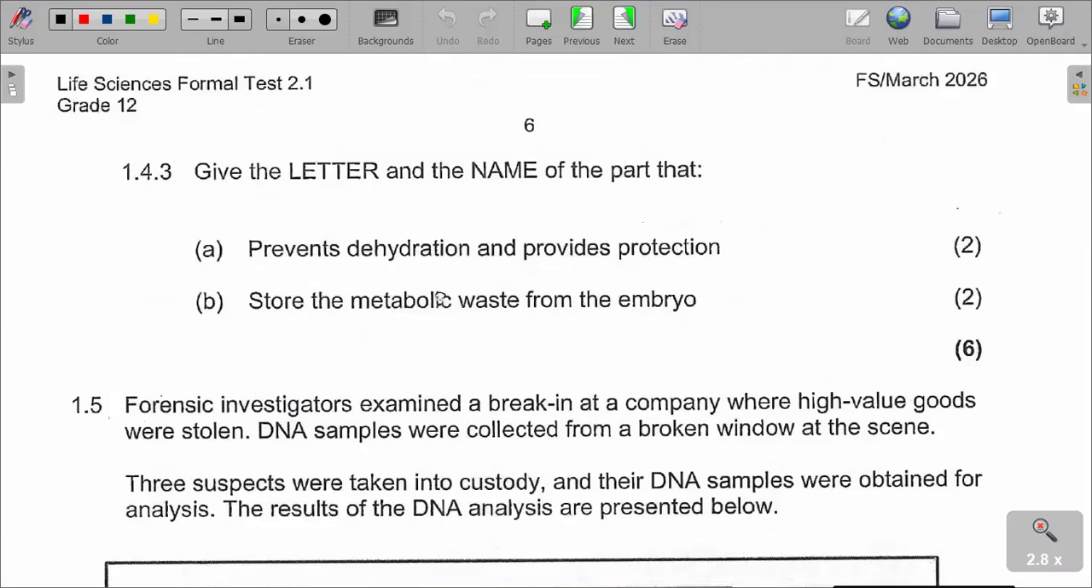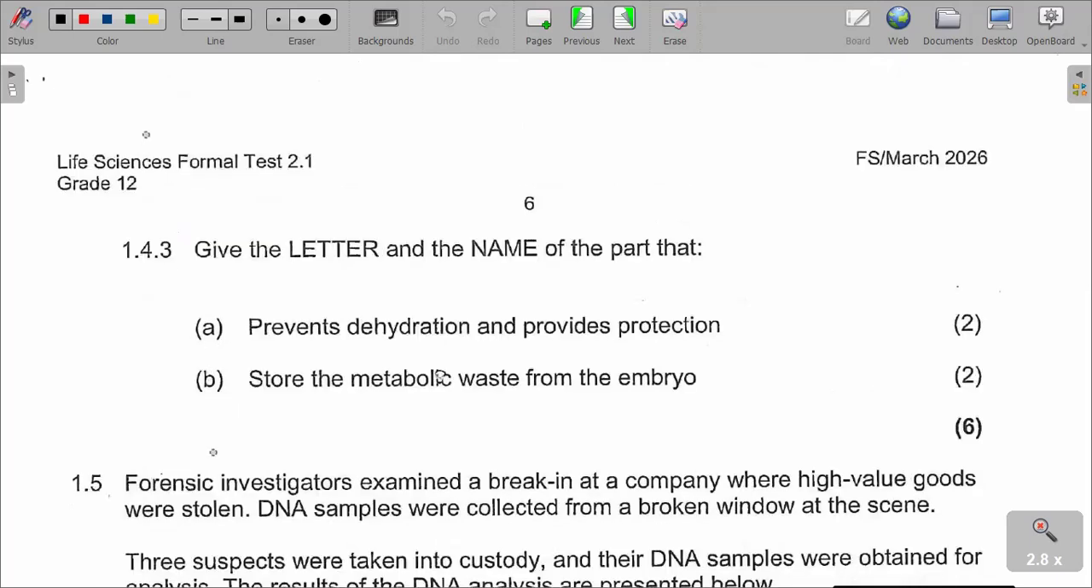And then give the letter and name of the part that prevents dehydration and provides protection. The part that prevents dehydration, we are saying, I'm sure you should know it's more or less the same from where we are saying. We are saying dehydration, it is because of the amniotic fluid. So it is